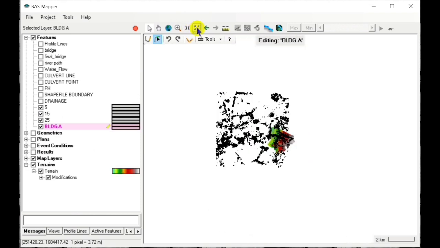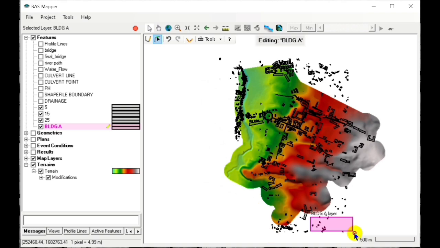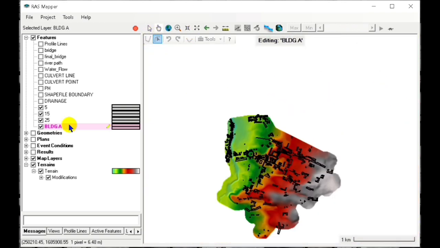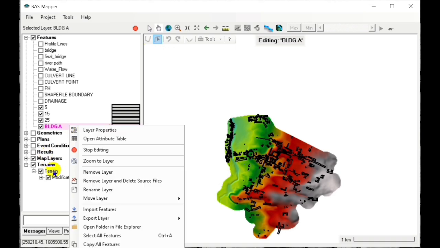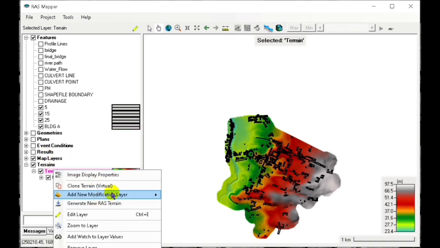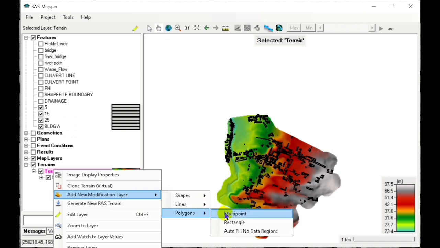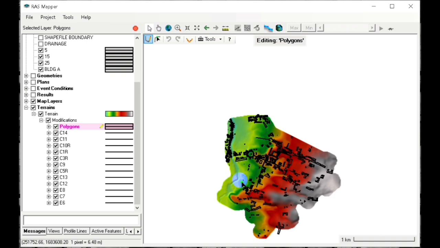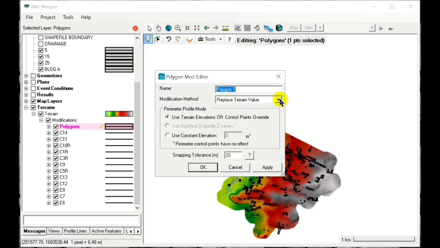So we have so many extracted or digitized features which are outside the model, and after removing these features outside the model, we create a terrain modification using a polygon, since these shape files have four or more sides. And then we place the higher values, since these are buildings, we have higher values,